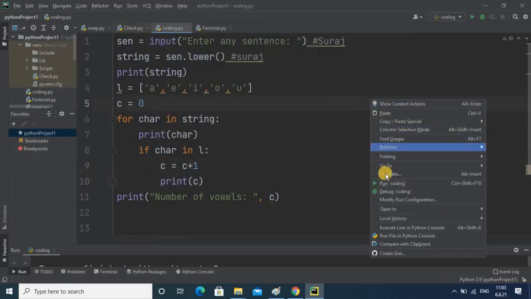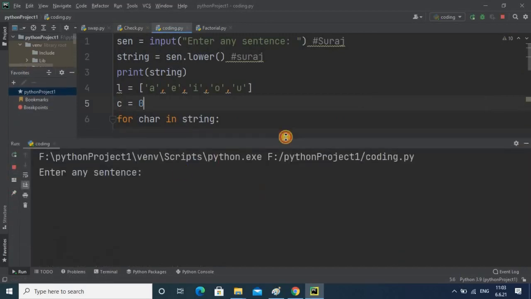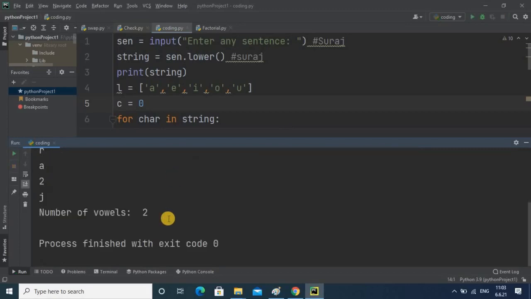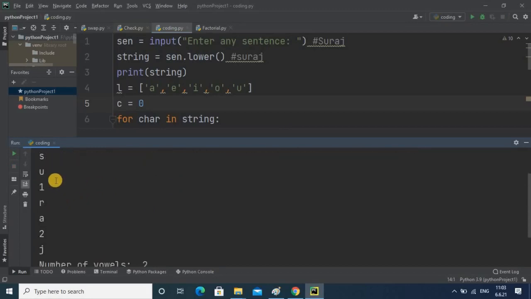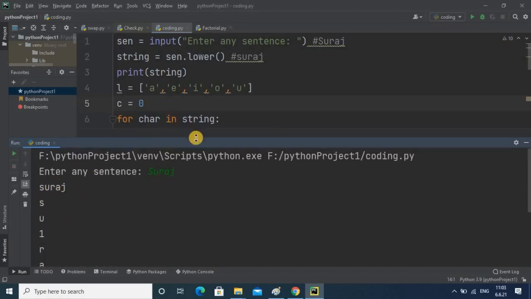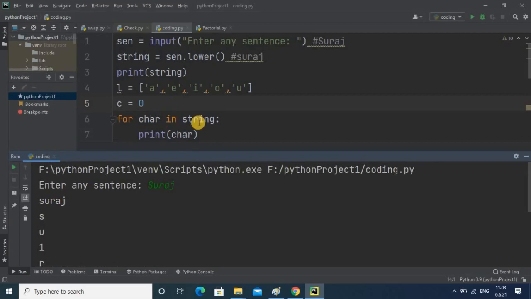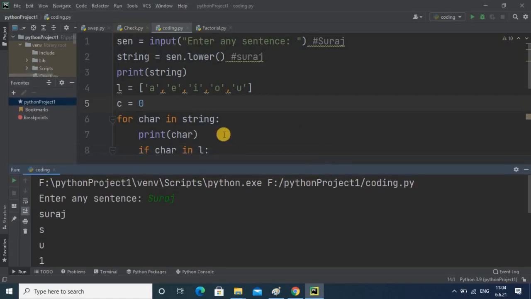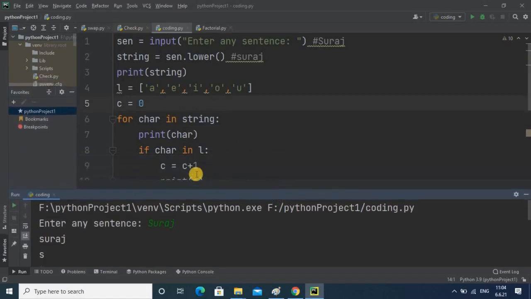Now I show you how it is working. Enter the sentence. You can see the flow. First S is there. The S is present in the string, but in the condition it is not present in that list, so it is not executing this statement.